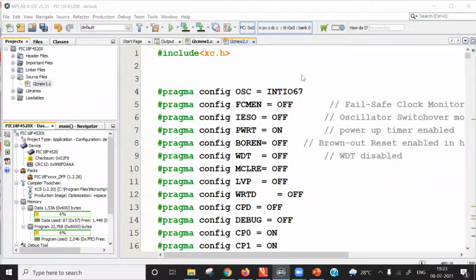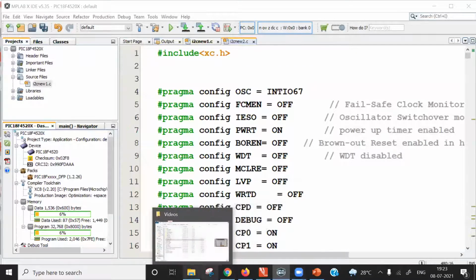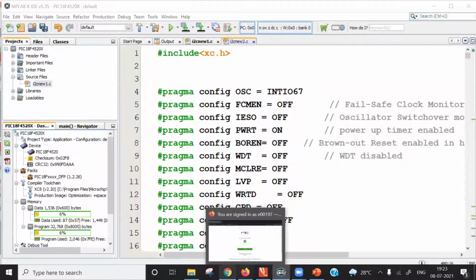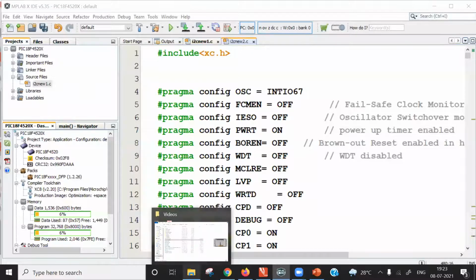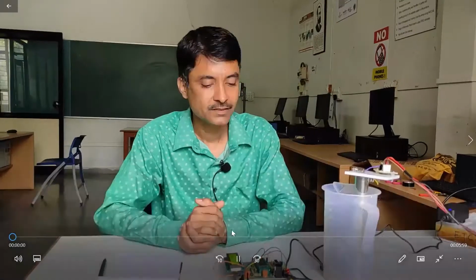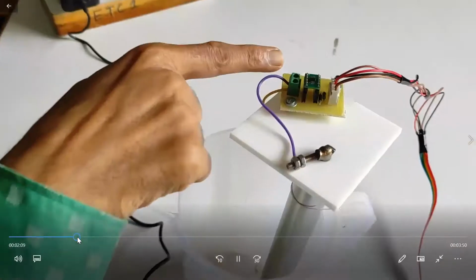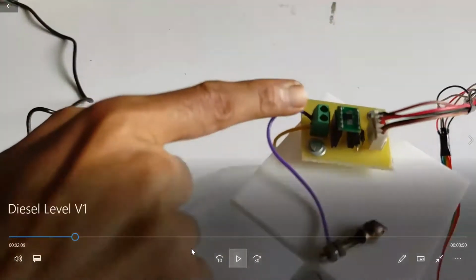Question: in the circuit, how did you connect the pull-up resistor? The pull-up resistor is already there in the FDC module. Let me show you. I need to play the video once again. In this video, the 24-bit FDC 5 wires are connected to the input channel of the FDC. In this video, you will see near the connector there are two resistors. I have directly soldered them on this PCB.